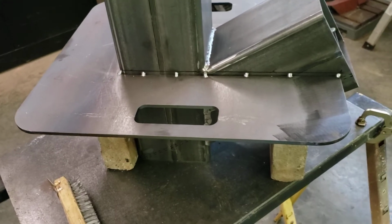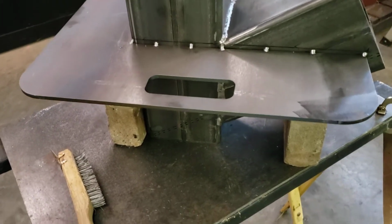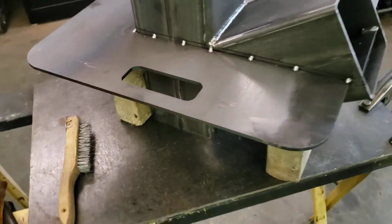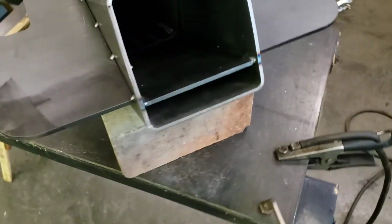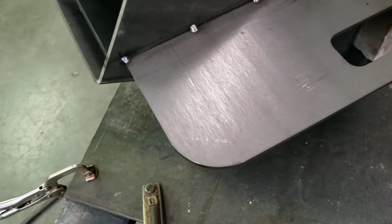But in the past, I would tack it from the underside and end up flipping the stove around all different directions. But that actually worked really well. I'm pretty happy with it. So basically,